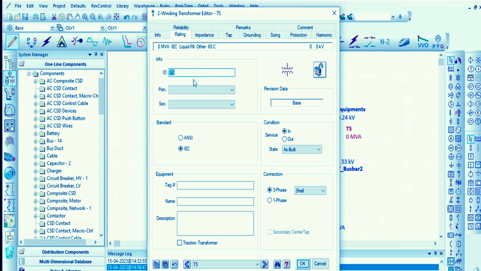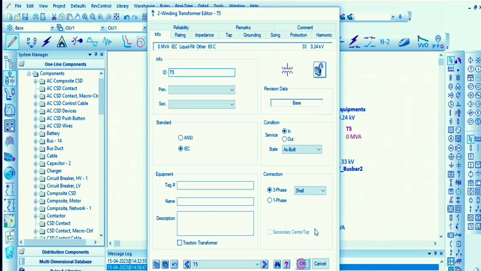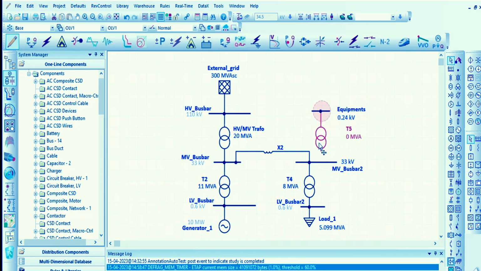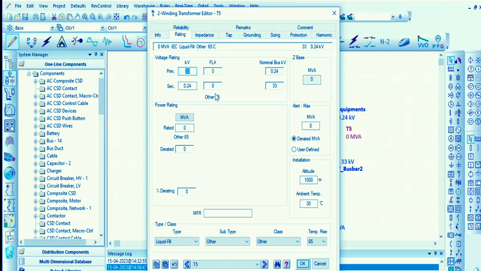And the rating will be, primary will be 33 and secondary will be 0.24. Let's connect it here. So as you see, we have connected it correctly. And the rating will be, let's say that the workers will work not, of course, on megawatts, because it's extremely too much, but it will work on kilovolts, or in megawatt it will be like